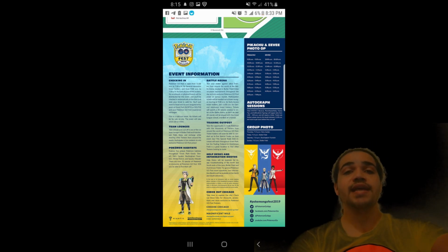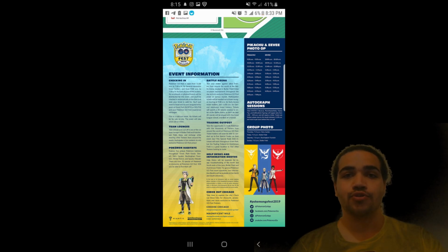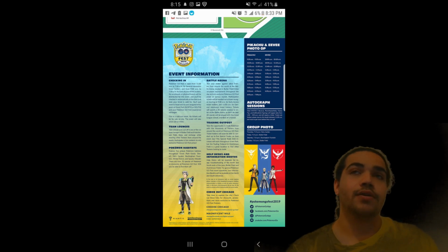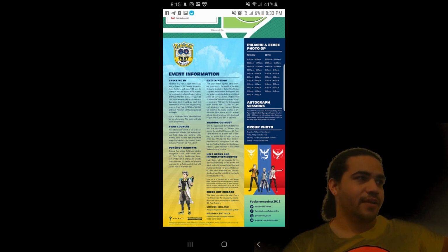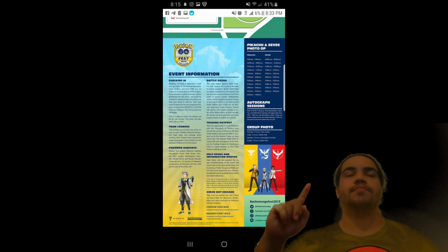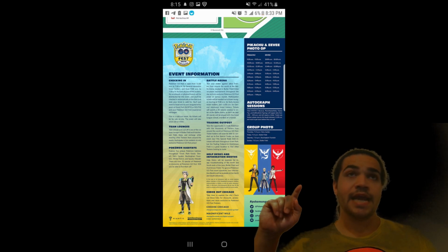There's going to be a trading outpost, guys, a special designated place to try and set up trades, to be like, hey, I have a Heracross. What do you want? So I'm bringing with me Heracross, I'm bringing with me Corsola, I'm bringing with me Shellos, and I'm bringing with me